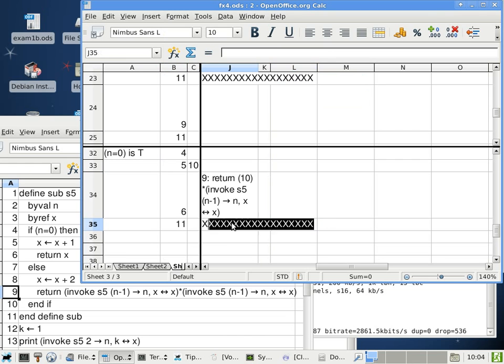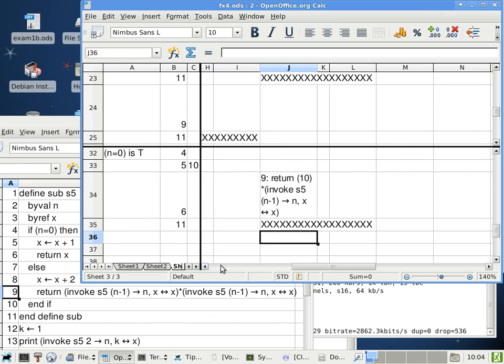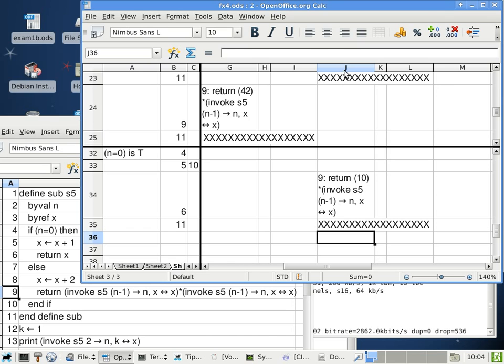We deallocate the 3 columns, and then we have to go back according to the return info cell. The return info cell, which is J34 this time, tells me that I have to go back to line 9. Okay, I go back to line 9, and I will attempt to execute the statement as specified by J34 on row 36 of the trace. Am I ready to return yet? No, because I have the